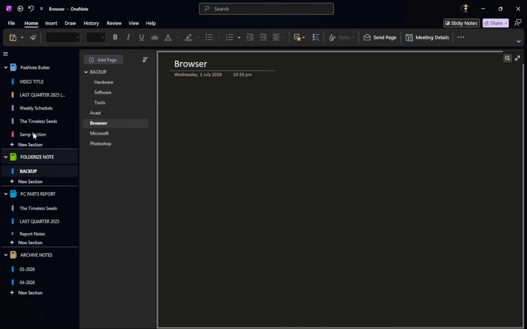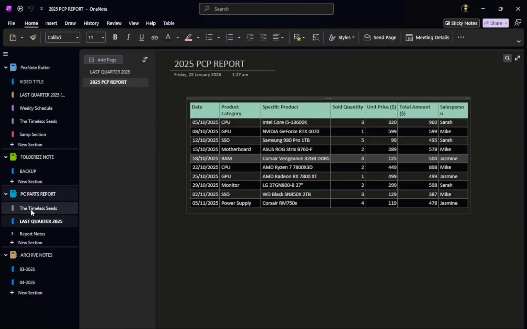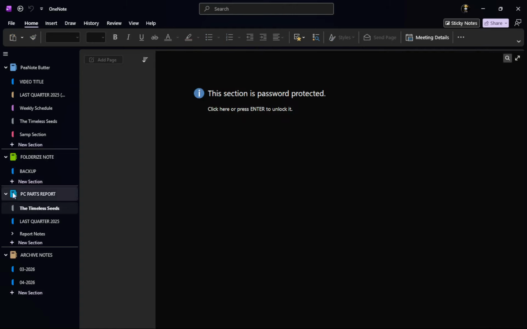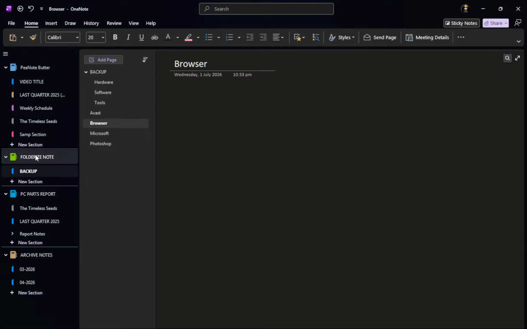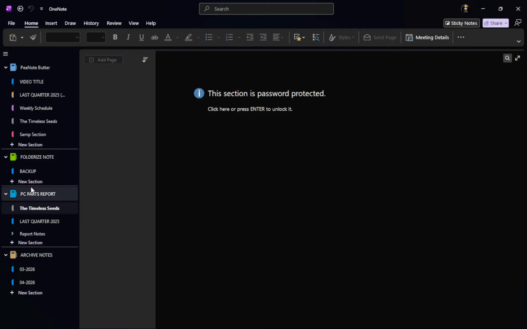Now click and hold a page tab that you want to move. Similar to the section tabs, you will drag this page tab up or down in the list to position it in its correct alphabetical order. It's essential to stay focused during this step, as the arrangement of your page tabs is just as crucial as the sections. This organization helps you quickly locate the notes you require, ensuring a smooth workflow.